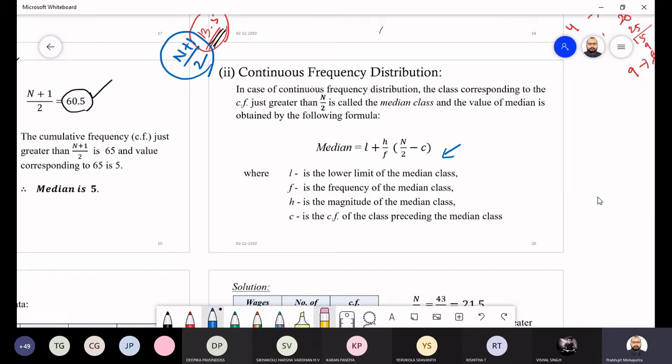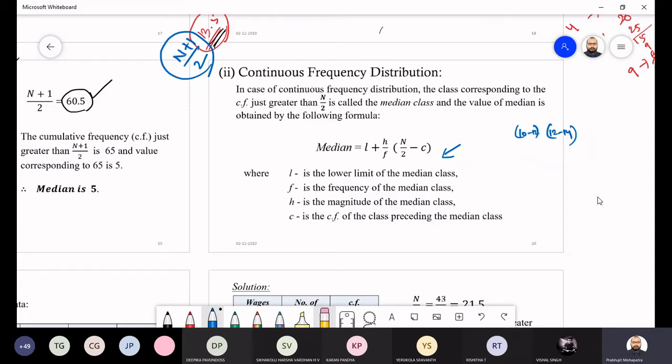This is our target. So first thing is that, when the continuous frequency is there, it means you are having the class interval. Like you are having 10 to 12, 12 to 14, like that class interval will be there. So in that class interval, what you have to do? First, you have to calculate the median class. Median class you can calculate easily. Just you find the cumulative frequency and you check where your middle position, that is your n by 2, is lying. Okay, just you have to check.